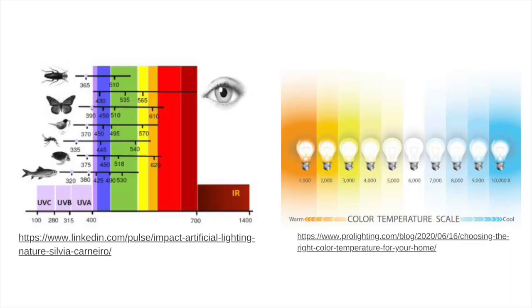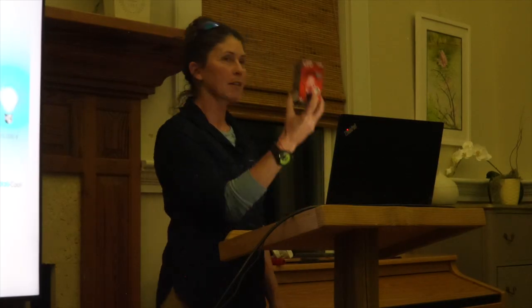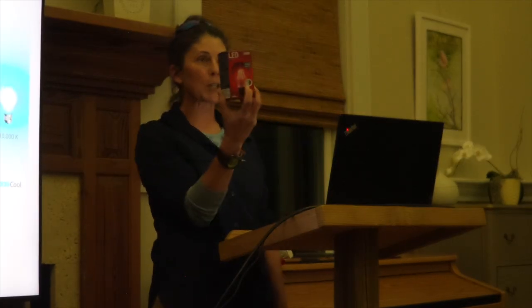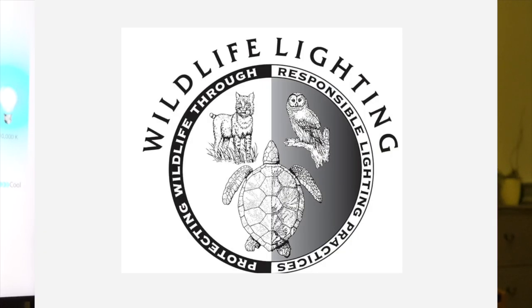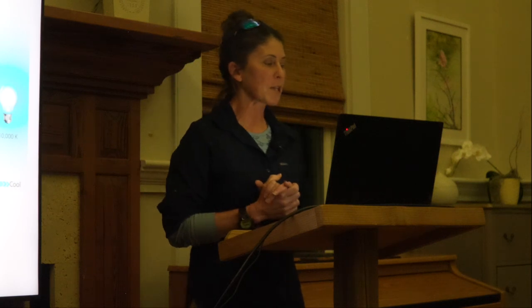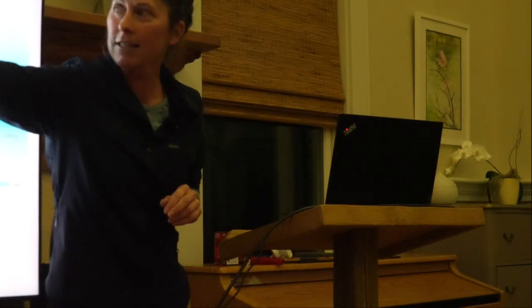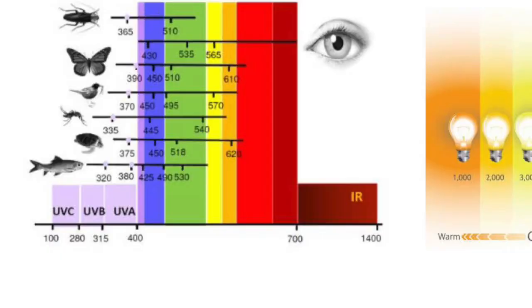This is the part that I get confused about when I go to try to buy light bulbs. You can look for a nice little emblem on some lighting from the Florida Wildlife Commission that says it's a wildlife-friendly light bulb, but not all light bulbs have this, but we can kind of correlate it. And so on the far, this lovely diagram with insects and different colors of light,